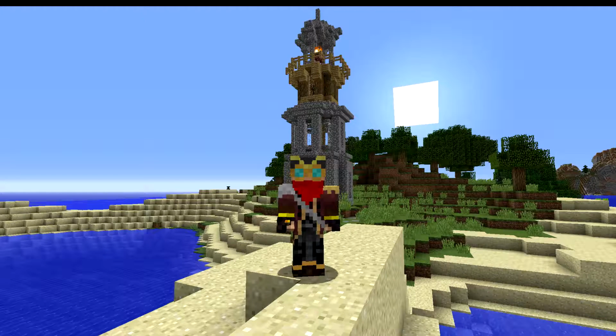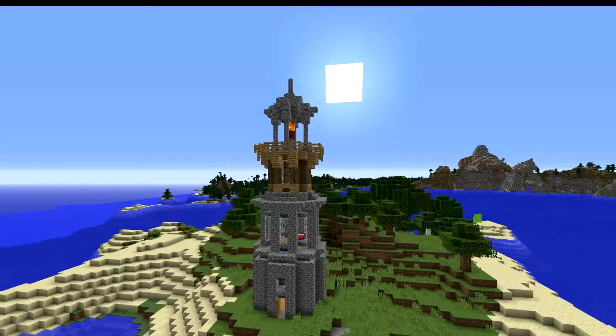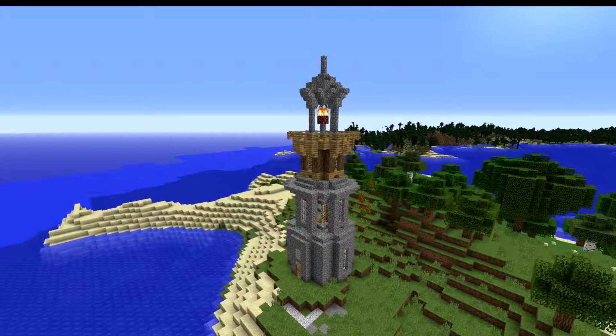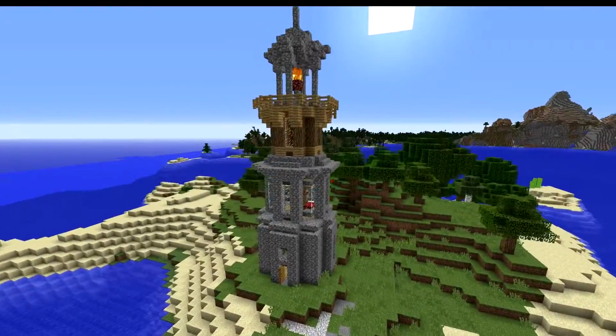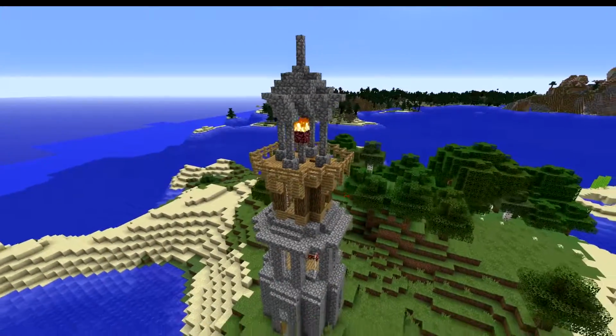Today we're going to build something pretty cool and pretty nautical. I don't know about you, but I'm a guy about views. As a builder, I've always been trying to build something, and especially in survival, something with views. And here we have a very simple, really nice looking lighthouse, and I'm going to show you how to build